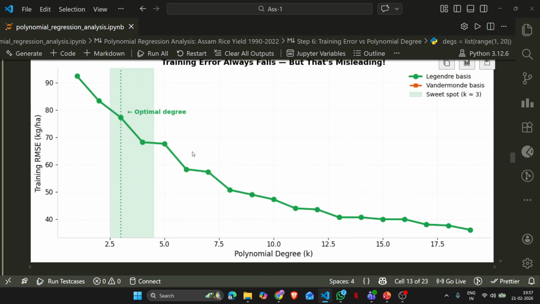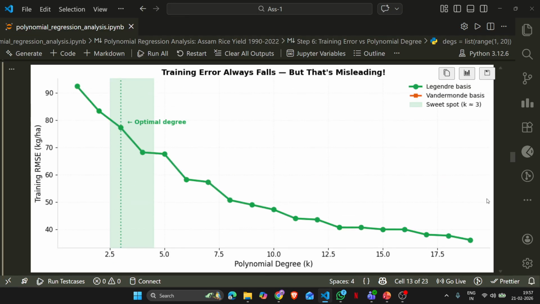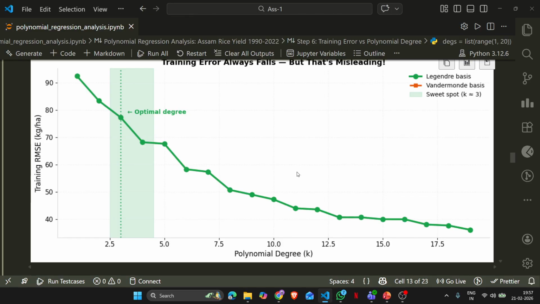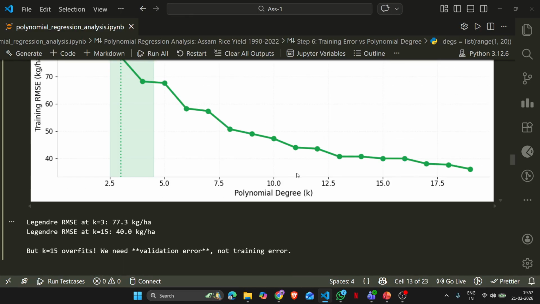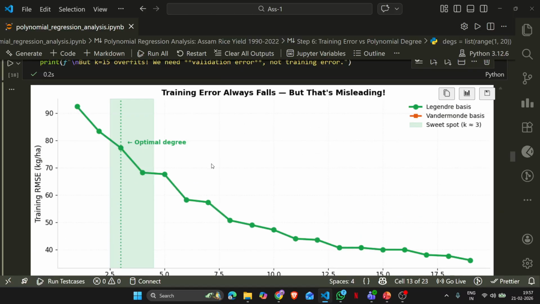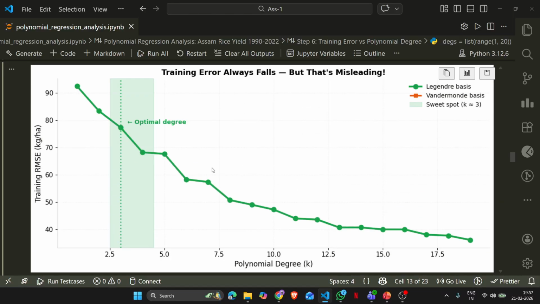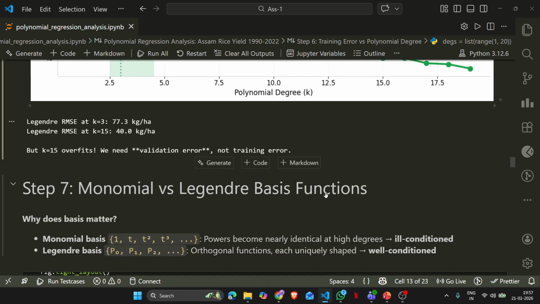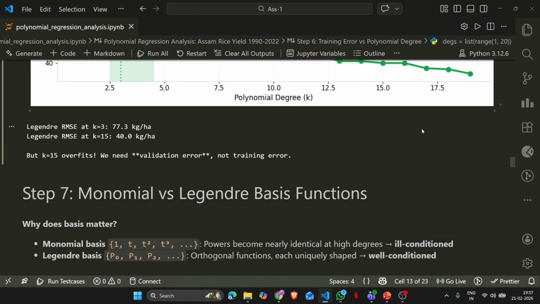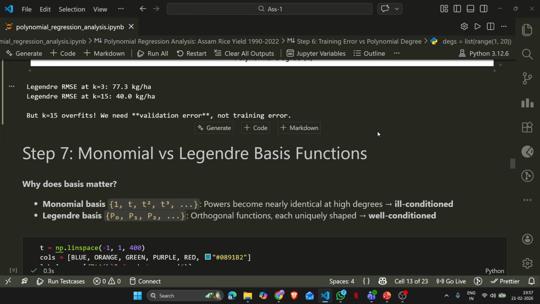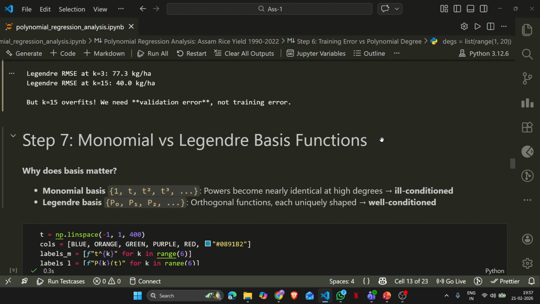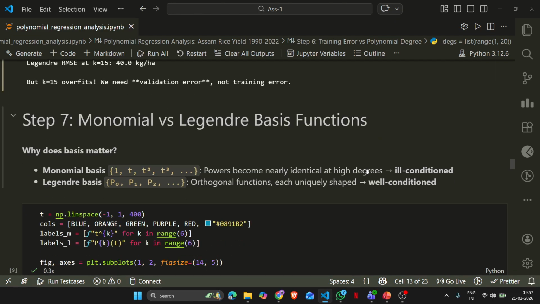And when we use this model that overfits, we would make a very wrong prediction for the test data. So we'll use an optimal degree that lies between 3 to 5. Now secondly, we'll come to two different types of polynomial